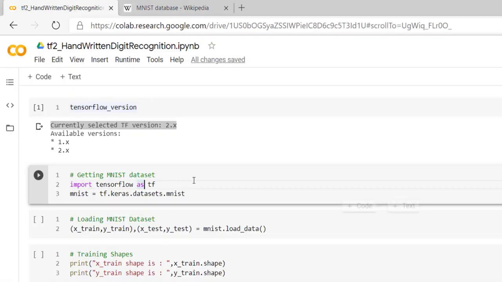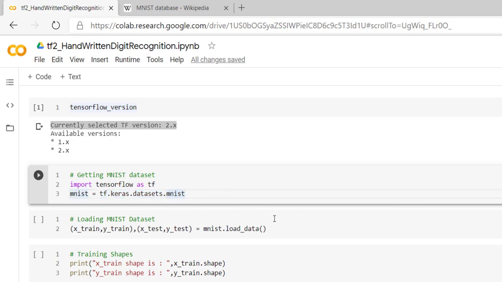So let's import TensorFlow as tf because we are going to build the neural network by using TensorFlow. One of the great things that TensorFlow has provided to us is inbuilt pre-packed datasets, and one of the datasets is MNIST.